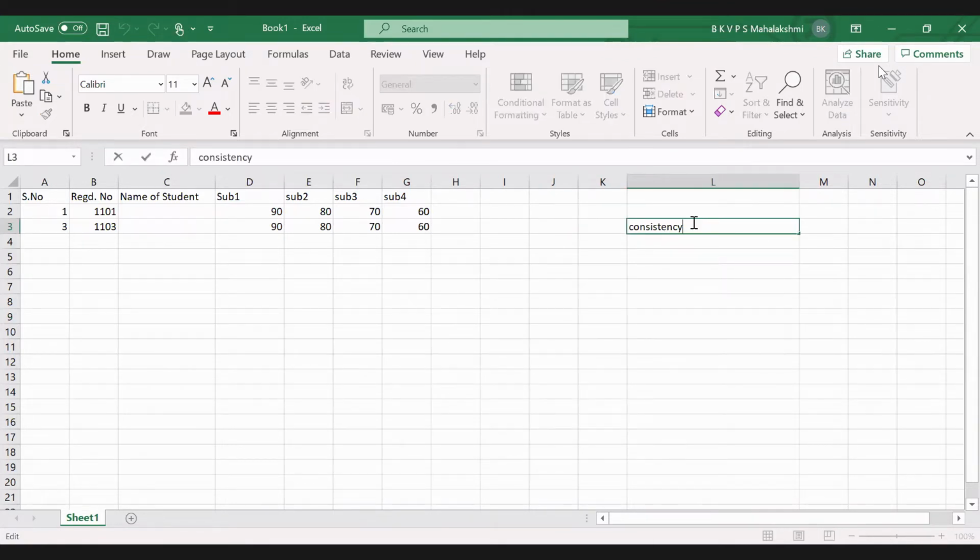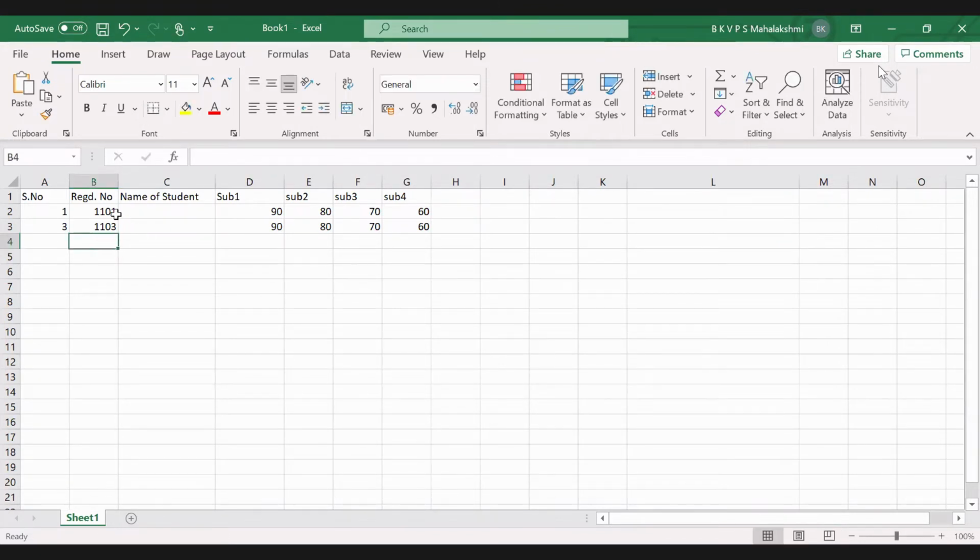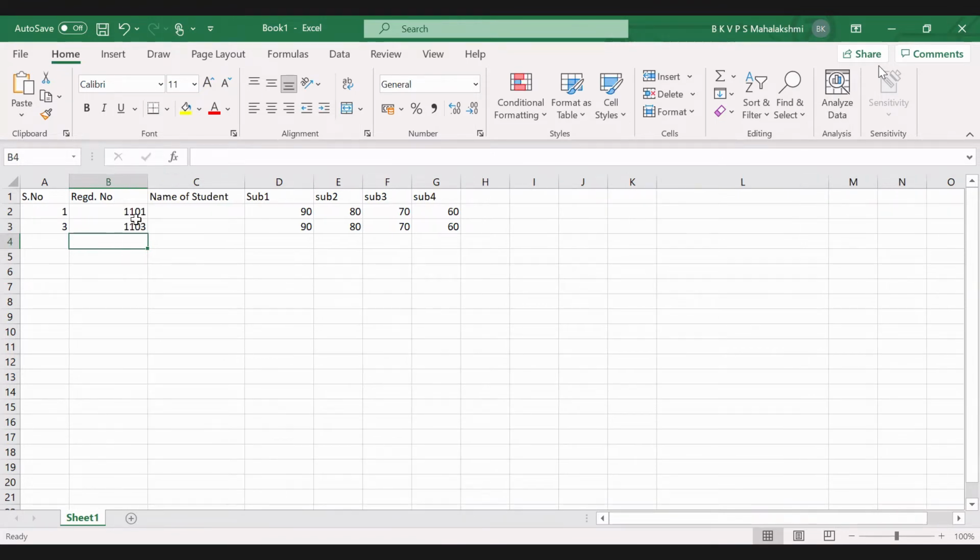I want to tell you about consistency first. That is one of the disadvantages in the file system, because I may take different students, maybe roll number one's record and the third's record.